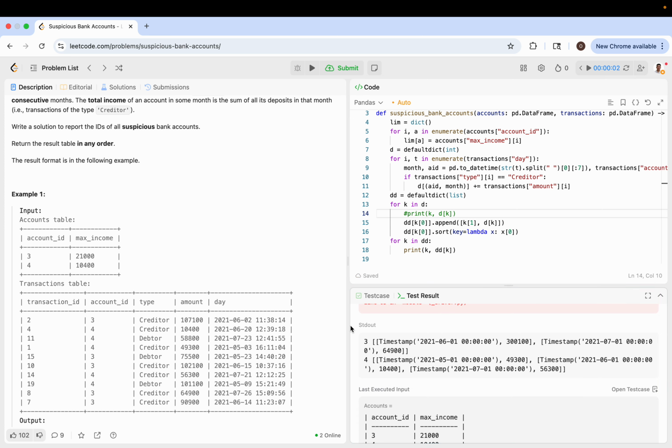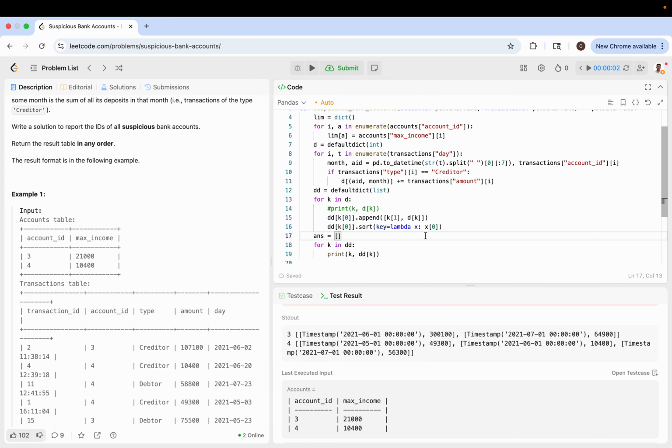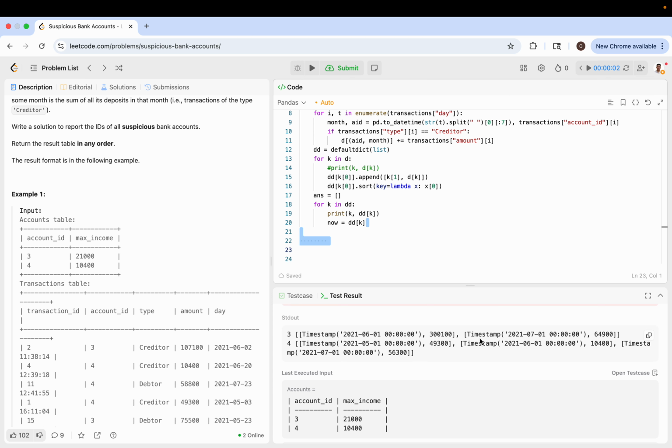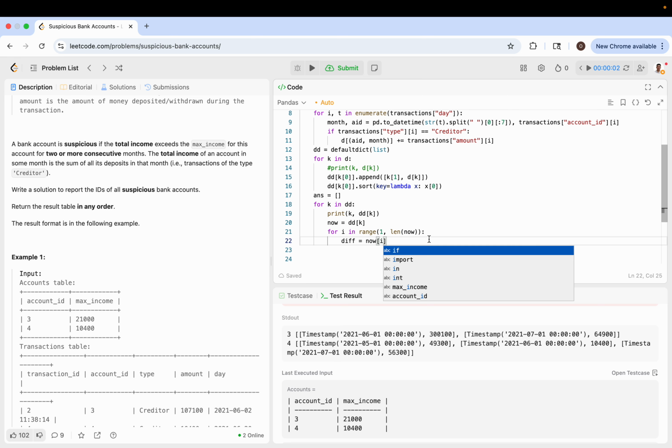Cool. So now you can see that we're just interested in each pair, because if they both exceed whatever limit we're given, then we can just go ahead and include that key, right? So let's go ahead and make an answer list. I'm just going to loop through each one, comparing each adjacent pair because these are already sorted. So that's why, if there is a consecutive month, then they're going to be right next to each other. Okay, so for i in range 1, length of now,